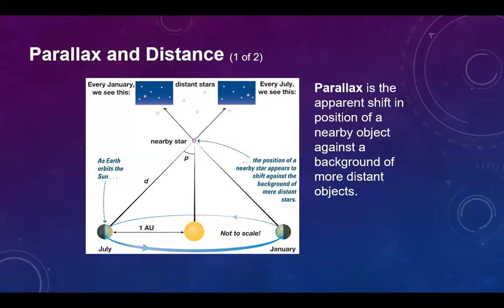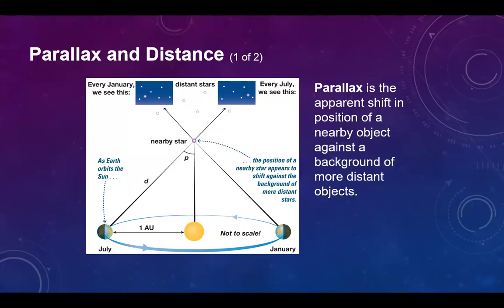And that is because stars are so far away that the parallax is tiny. The closest star to us is far enough away that its parallax is less than 1 arcsecond